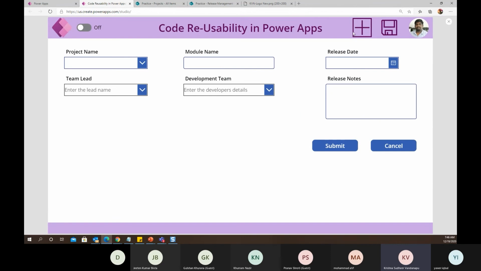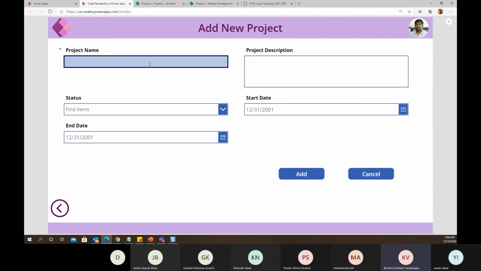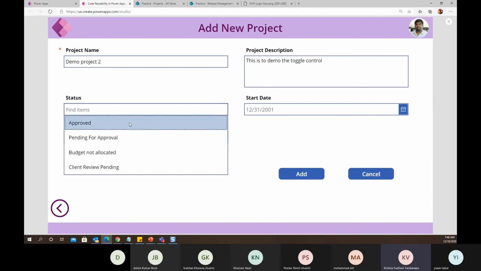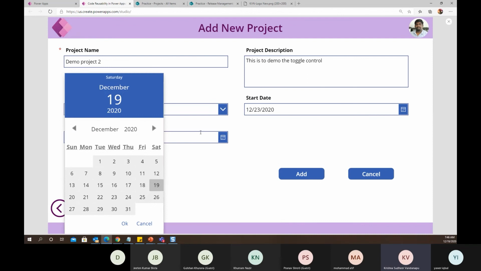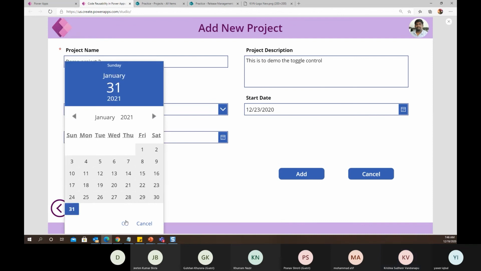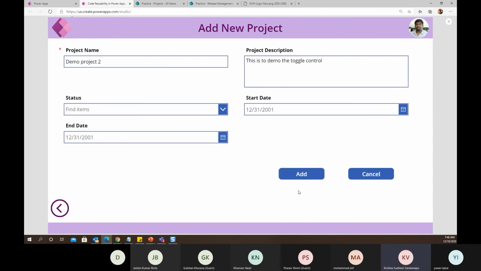If I go and create another project, demo project 2, this is to demo the toggle control, and status is approved, dates are 23rd and January 31st, and I click on add.